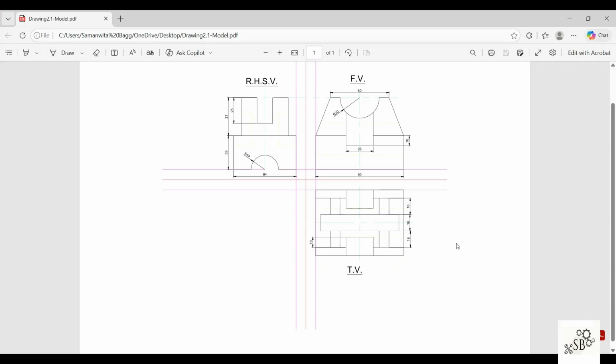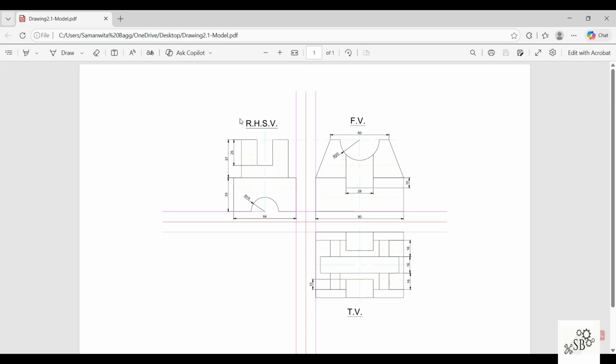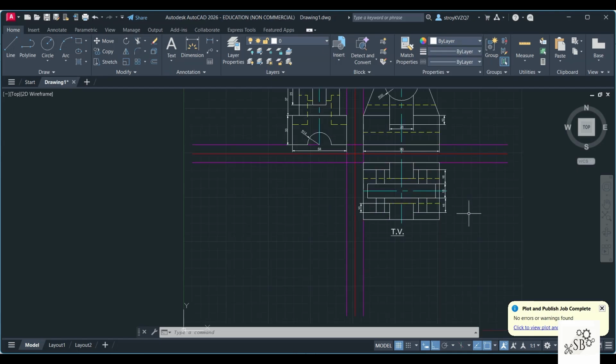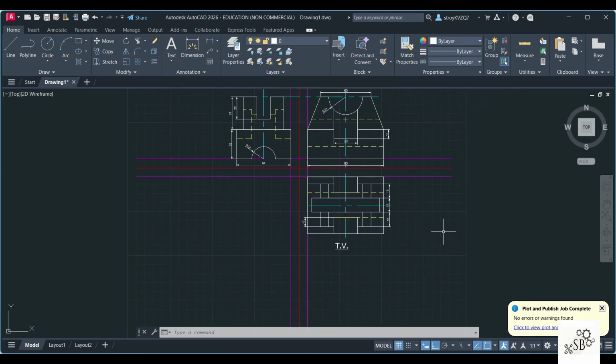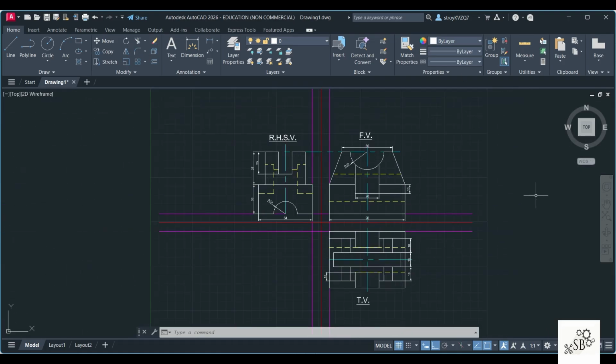Now the colors are not being seen because as I told you in the previous video, you need to change the colors to white such that everything becomes completely clear and visible while you take the print out. You can also remove these offset lines. They are also not required, but even if you keep them, it's fair enough. But you can see the size is better because I have chosen the window such that I'm able to clearly see this part. So what remains for you is to draw only the boundary and the nameplate, which again I have shown you in the previous video. So please go through it and then complete this drawing.